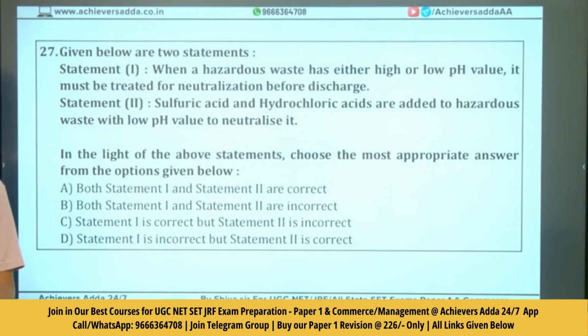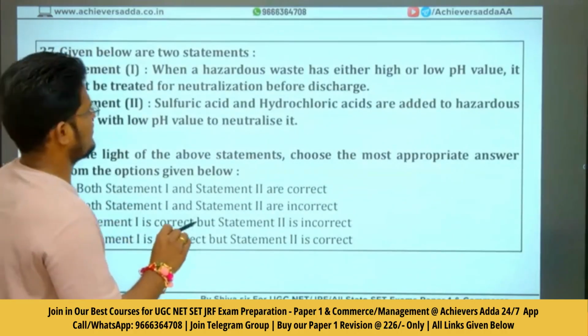Next, when a hazardous waste has either a high or low potential of hydrogen value, pH value, it must be treated for neutralization before the discharge. Sulfuric and hydrochloric acids were added to hazardous waste with a low pH value to neutralize it. Number 3. So let me tell you,